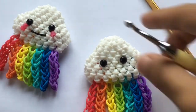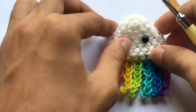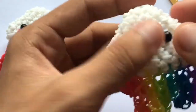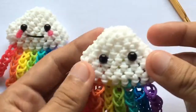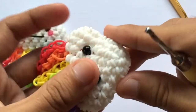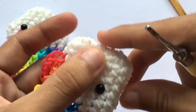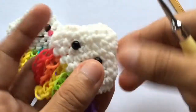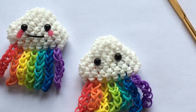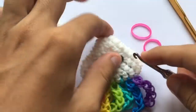Yeah, so now we're basically done. So now let's add our cheeks. Again, if you want to make your cloud more on fleek, just pinch the top, like so. So for the cheeks, what I do is I grab 2 of my cheek bands and I just